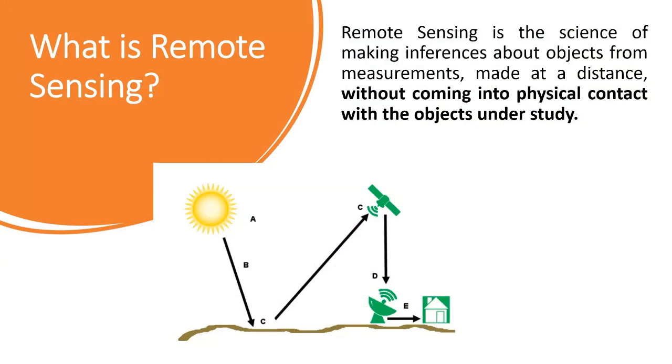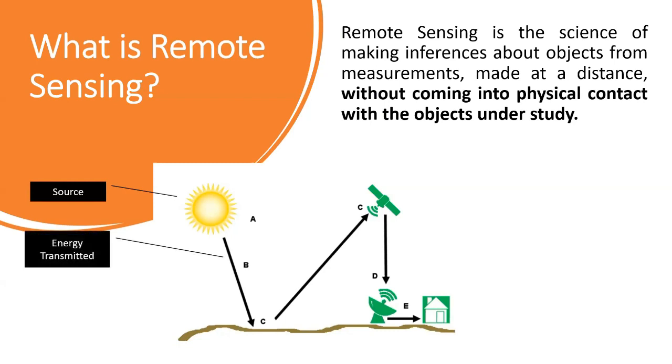So, it has a process. We see the satellites revolving around Earth. Drones are also easily moving here and there and capturing images. So, these are all remote sensing processes, and it starts from the source. The source of remote sensing is majorly the sun. It transmits energy towards Earth. Some energy is absorbed and some gets reflected back. The reflected energy is